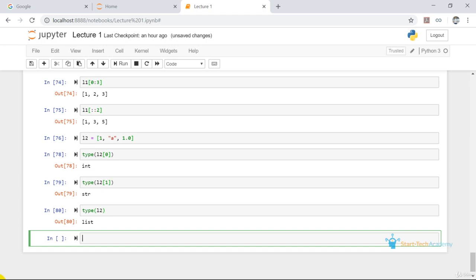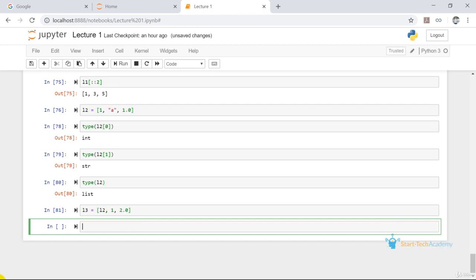We can also provide a list as an element of another list. So if we write L3 equal to L2 comma 1 comma 2.0. If we run this command, we have provided list L2 inside L3.